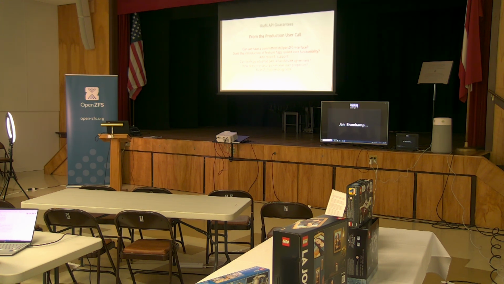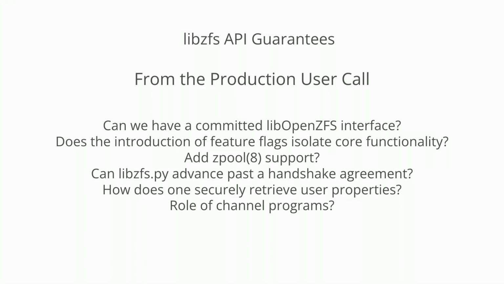Yeah, that makes sense. I had another comment about your next item, the securely retrieved user properties. And the example that you gave, I think, was about restricting who can list what file systems exist. Who can see what. I don't know how fine-grained that could get, but seeing everyone's home directory listed, maybe, it's like, oh, there's someone on the system and they may have something I'm interested in.